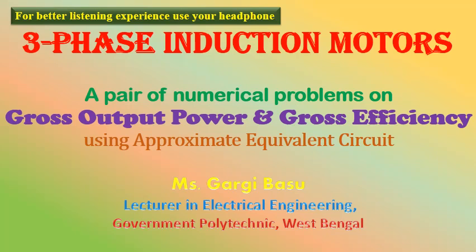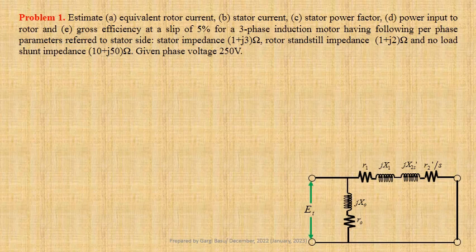Today we are going to solve a pair of numerical problems on three-phase induction motors. By solving these problems, we shall learn how to determine gross output power and gross efficiency of a three-phase induction motor for a particular value of slip using its per phase approximate equivalent circuit when values of circuit parameters are given. We have to estimate equivalent rotor current,